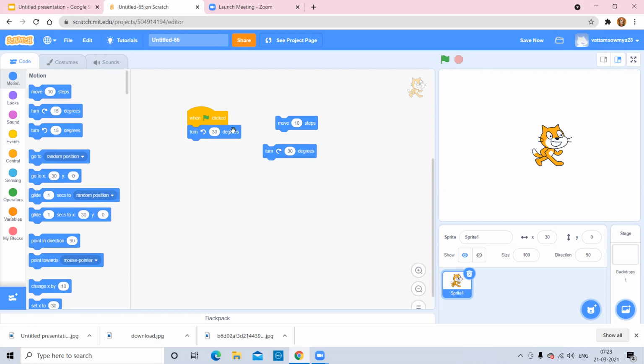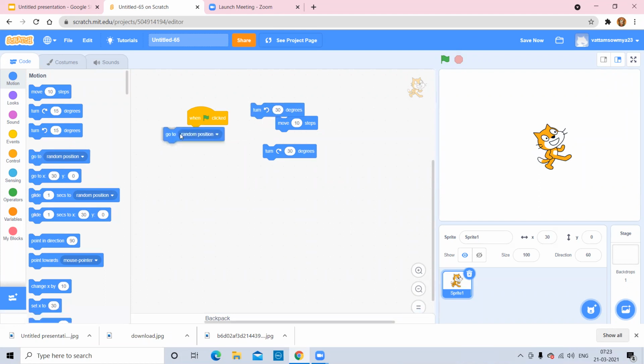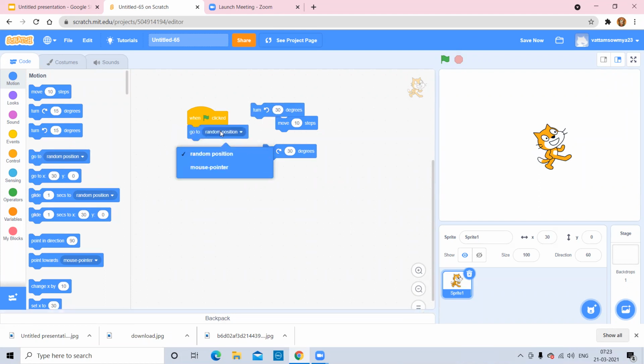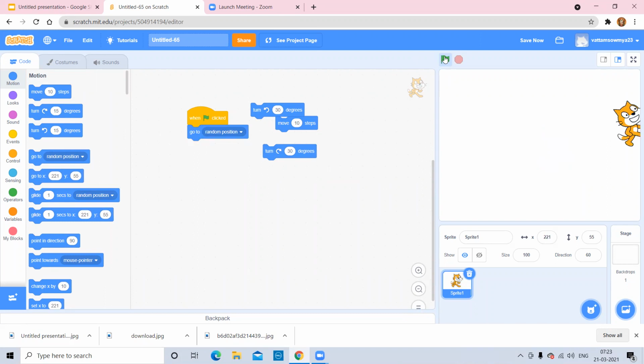And if you want to make your sprite move to random locations, go and select random location. Or suppose if you have attached any pointers or if any other sprites, you'll be getting all those options. Or if you want to use a mouse pointer. But first I'll show you what is a random position. I'm clicking the green flag, it's going somewhere. No direction it's going. Suppose if I select mouse pointer, clicking the green flag and see where is the mouse pointer, it would be coming to that side.